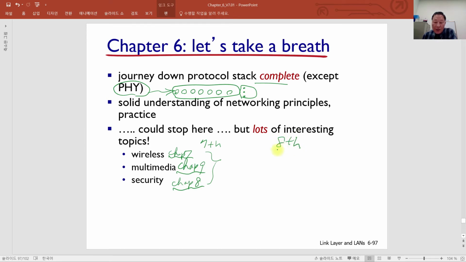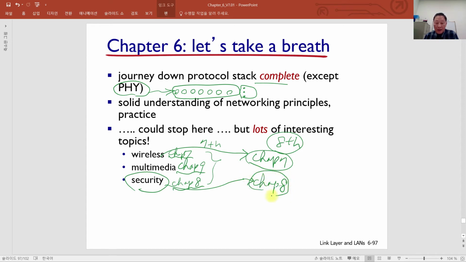Also, the 8th edition is using 8 chapters. Thus, up until chapter 6, it is almost the same as what we learned. But chapter 7 is about wireless networking and mobile. And this one is related to that. And chapter 8 is the last chapter, and security is so important, thus network security is covered here. That's it. Thus next year, we may use this 8th edition for our textbook,